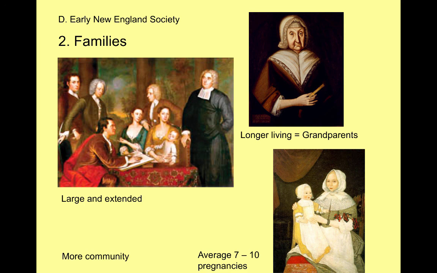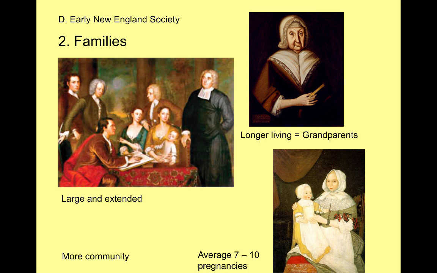So they have, the average woman at this time will have about 10 or so pregnancies in her lifetime. And so we see families are very tight-knit, more community. Next, we're going to see that people live longer in the New England colonies than they did in the South. Not only are they there supporting one another, giving each other food and support and helping each other out, which will make you live longer, but also we see that it's a healthier climate. There are fewer tropical diseases, it's less humid, there's less mosquitoes, and so we see that people live longer in New England.